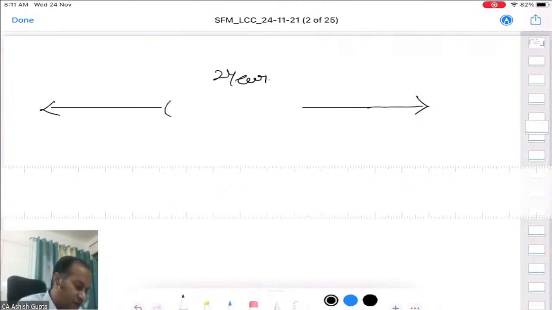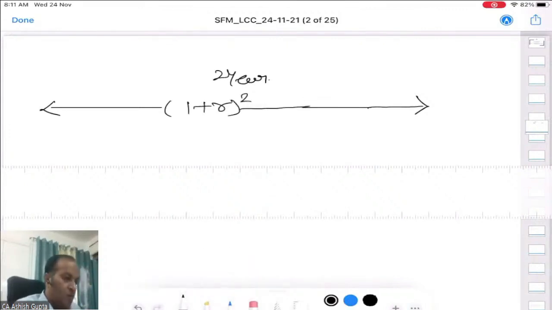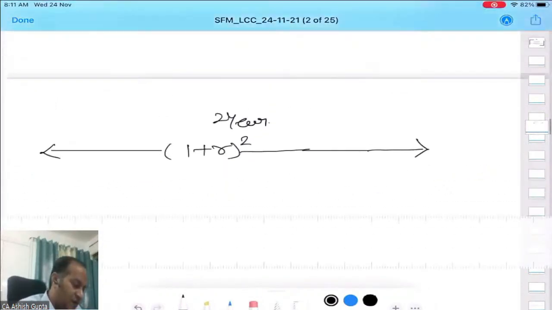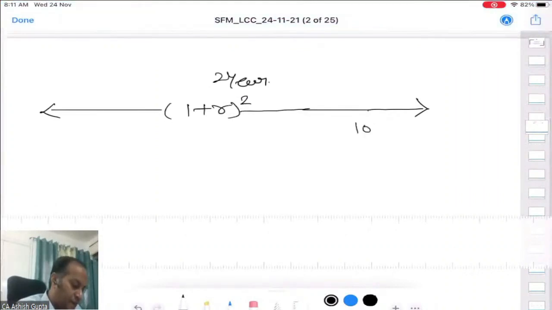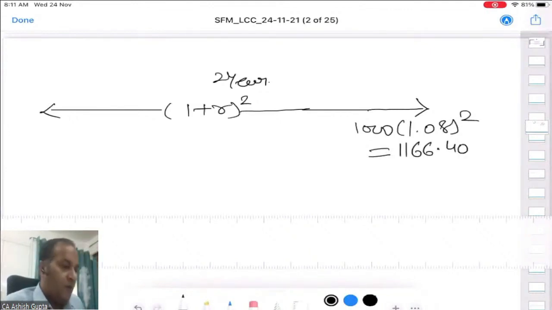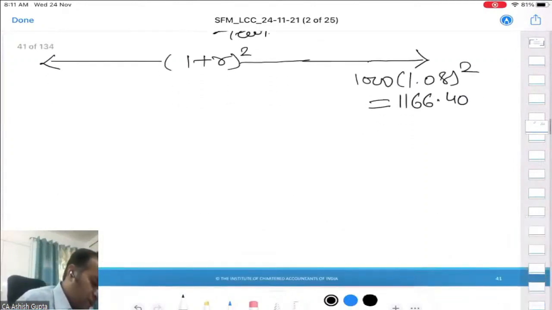My investment horizon is for the 2 years. So if I say the value of the bond is say 1000, now my yield, my rupee value will be as follows. Now this is alternative one. Now if I go for alternative two,